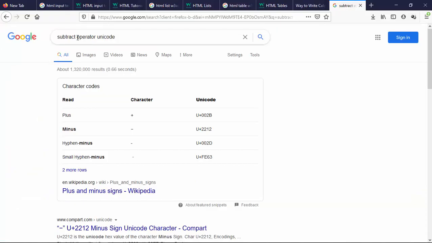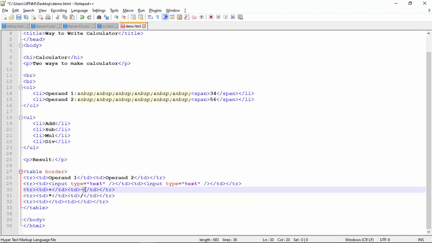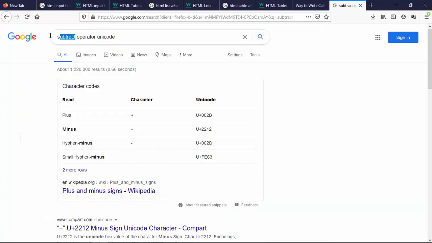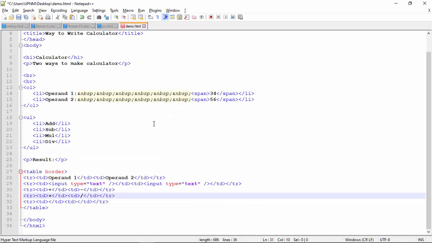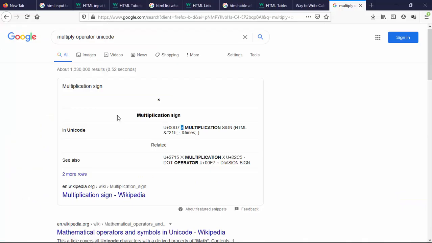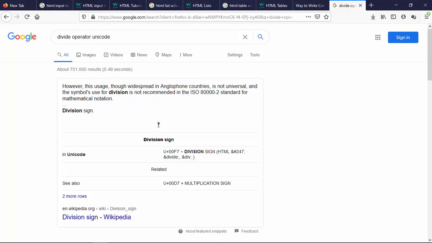So you can Google, look for subtract operator Unicode. So this is it. Copy, Ctrl C, and then put it here. It's different. And then multiplication, the multiply sign, this is it. And the division sign, this is it.